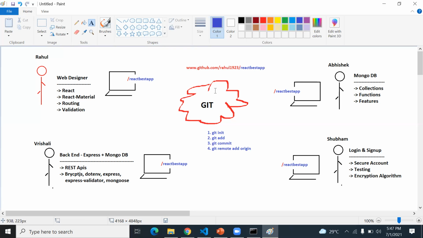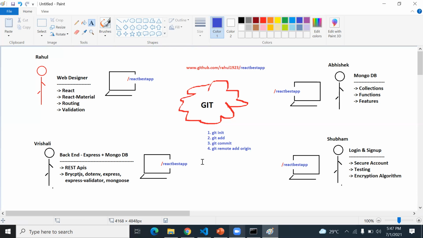So Git is a tool that will maintain the project updates. Someday Rahul is updating the project structure, someday Rishali, someday Abhishek, someday Shubham. So all day you are working on a project. Let's say for a year you are working on a project. Day by day you will make changes, of course.